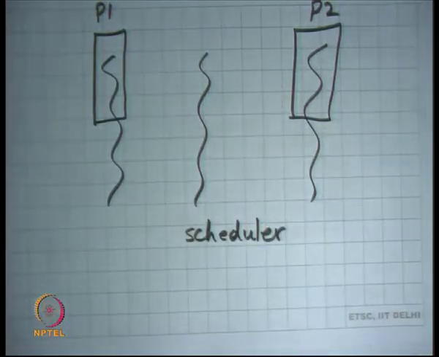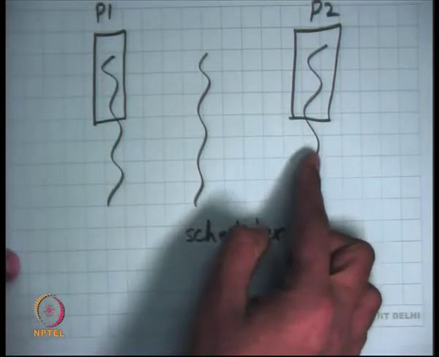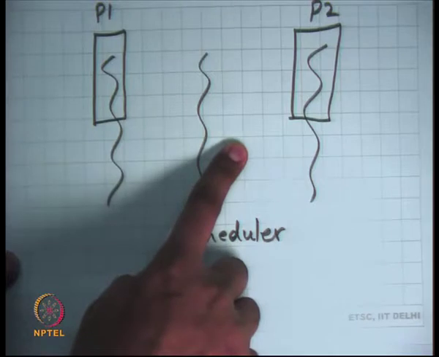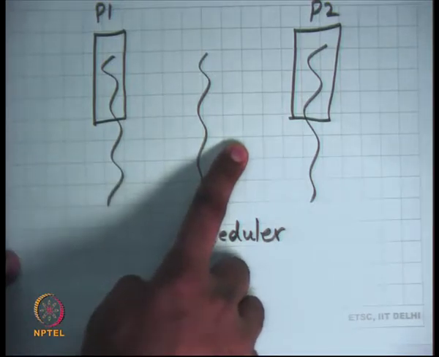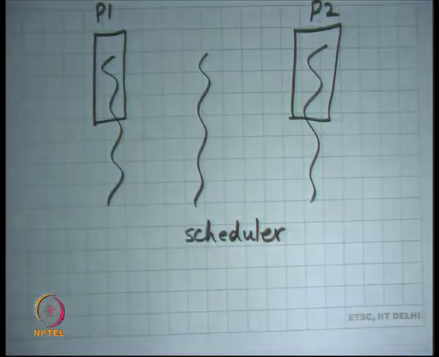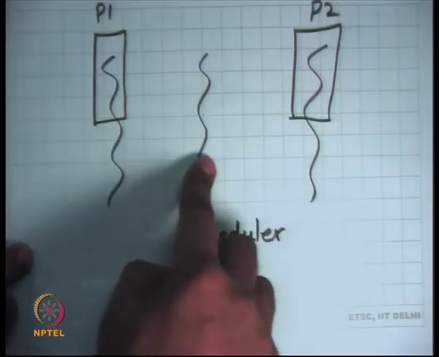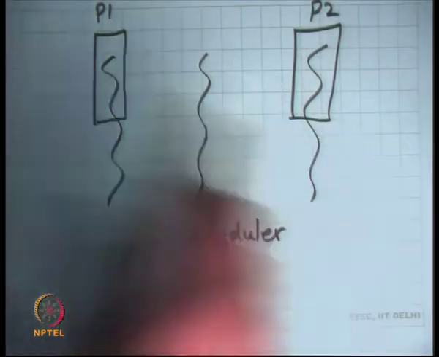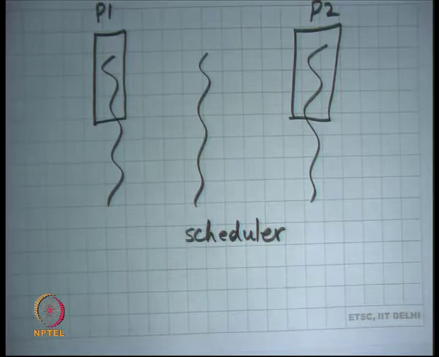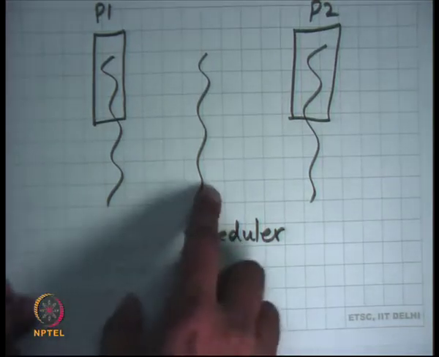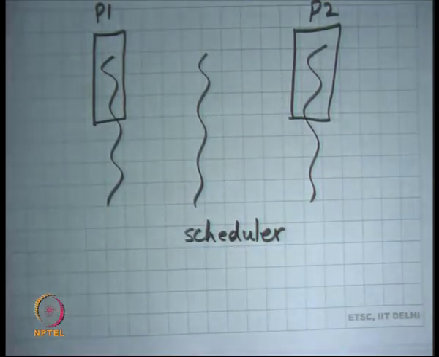Yield internally also calls switch, right? So yield will call switch to switch to the scheduler, and then the scheduler will again get to run. Before it calls switch to the scheduler, it will change its state from running to runnable. Now the scheduler gets to run and it picks up one of the runnable processes.